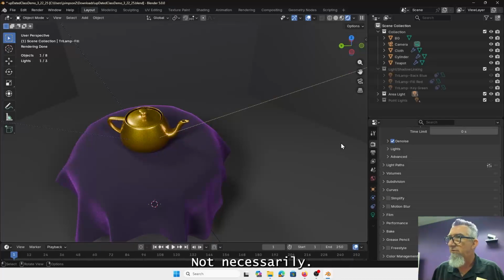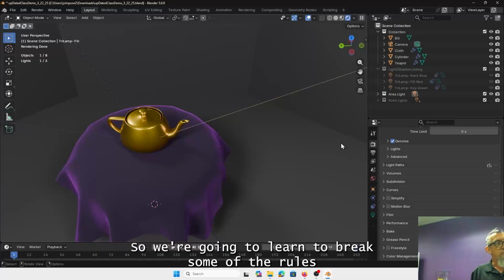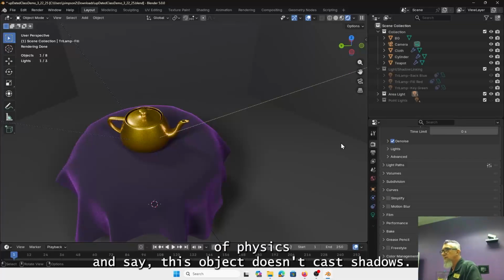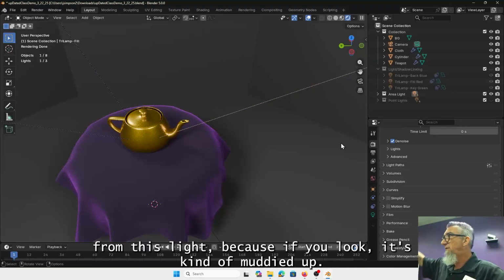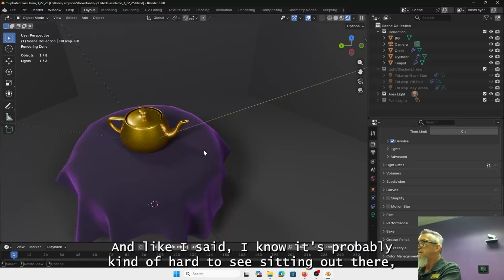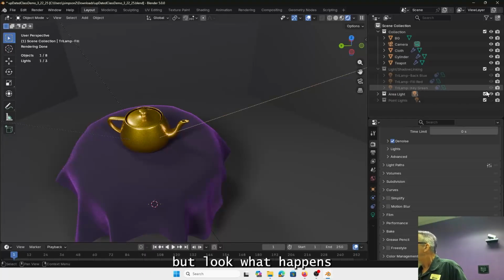Not necessarily. So we're going to learn to break some of the rules of physics and say this object doesn't cast shadows. This object only casts shadows from this light. Because if you look, it's kind of muddied up. And like I said, I know it's subtle, probably kind of hard to see sitting out there. But look what happens